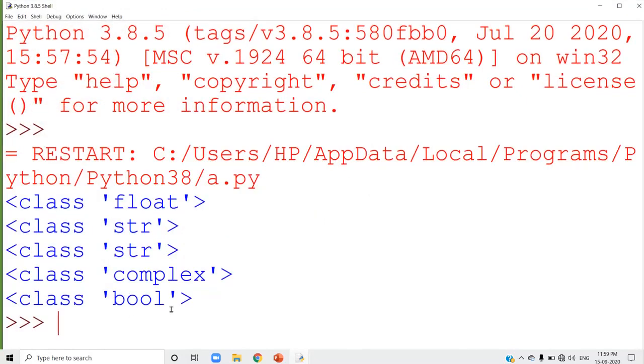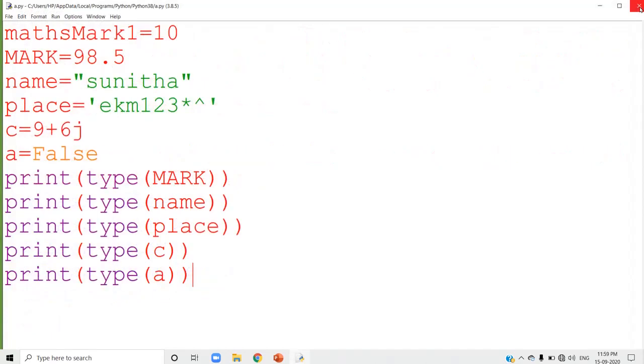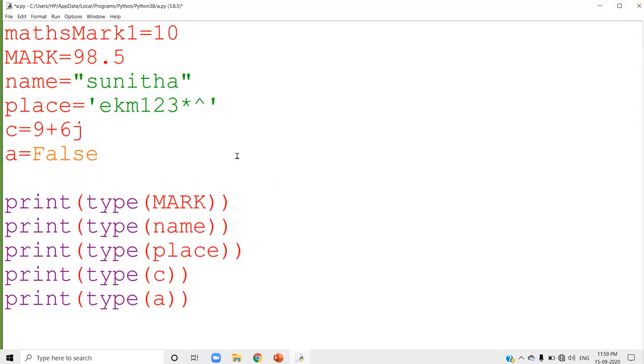Bool means Boolean, a keyword mentioned here. A Boolean variable will store two different values, either true or false. So I can write A equal to False and B equal to True. That T must be a capital letter.